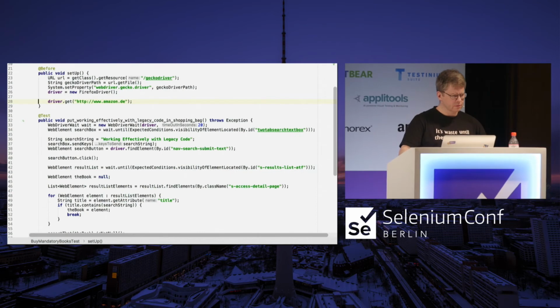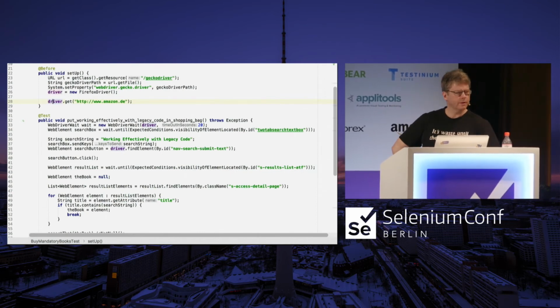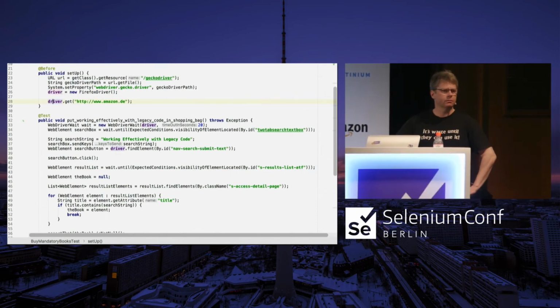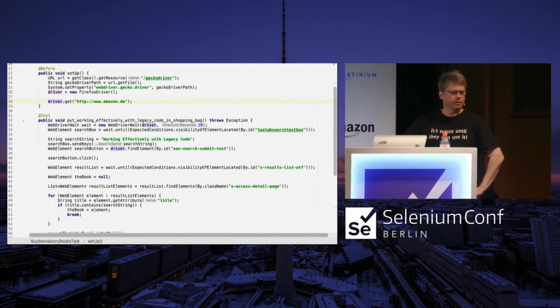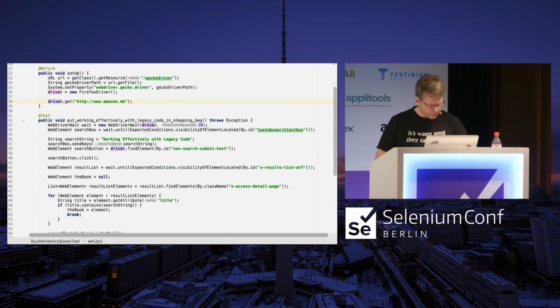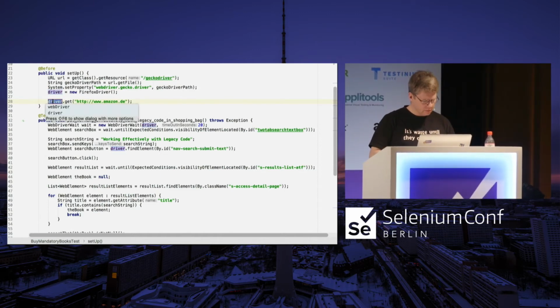It's not a driver. It is an abstraction for a browser. And I'm very sad that the documentation currently talks about driver. So I prefer to call this one browser, because it is an abstraction for browser.